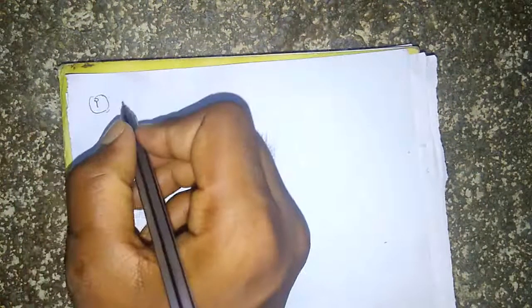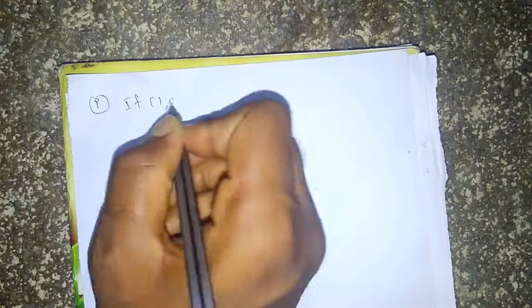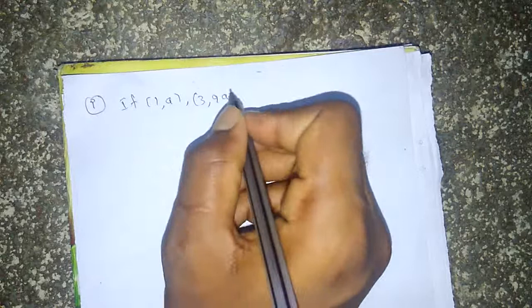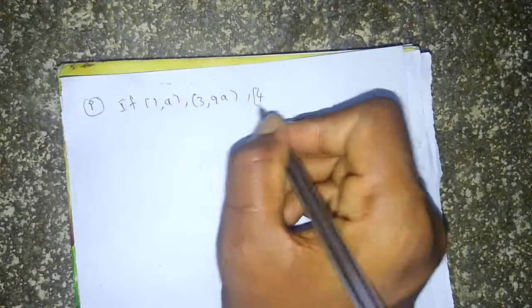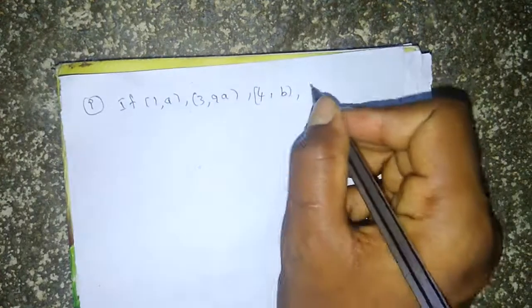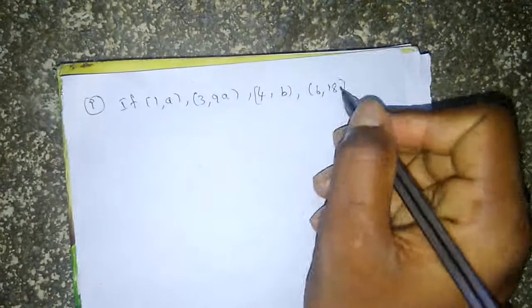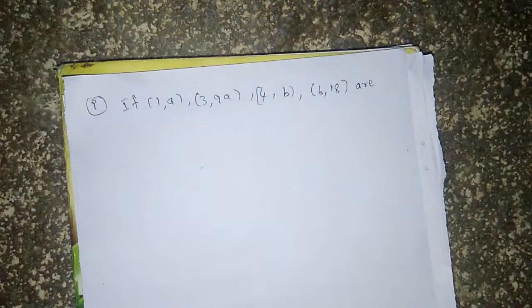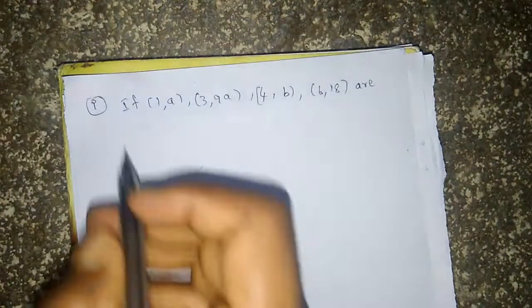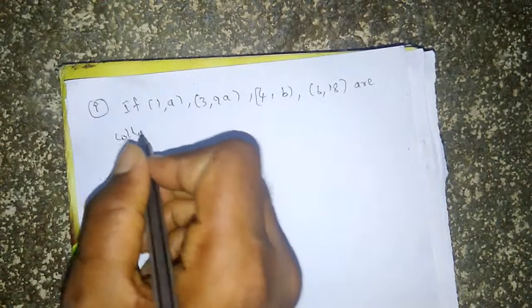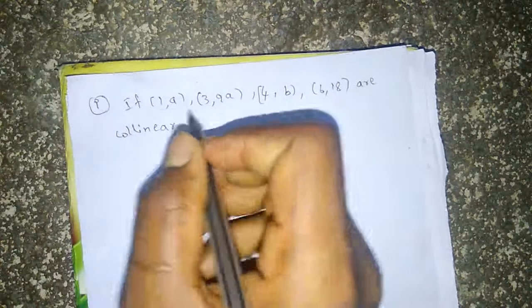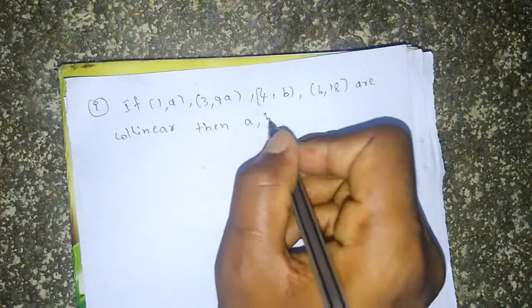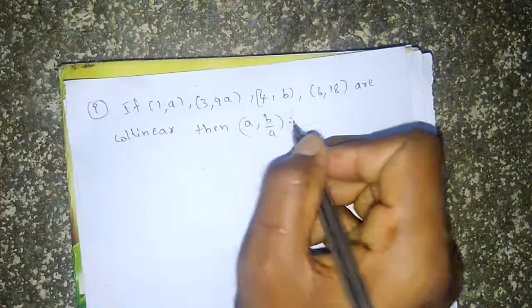Our next problem is, if (1, a), (3, 9a), (4, b), (6, 18) are collinear, then (a, b/a) is equal to,